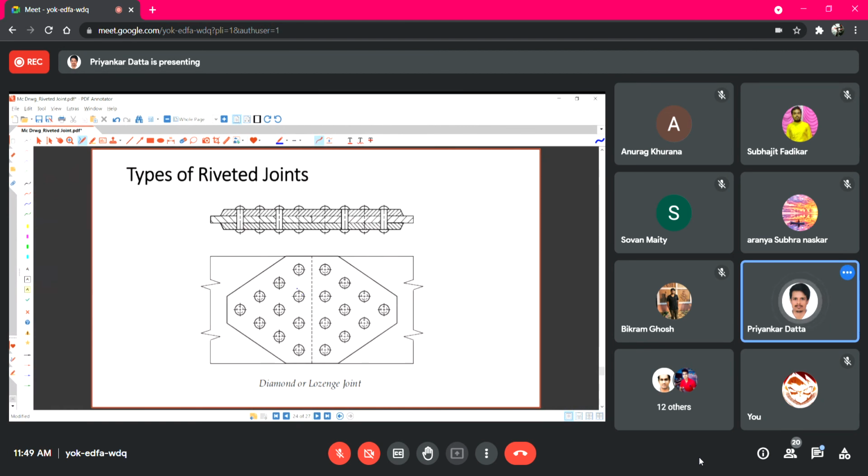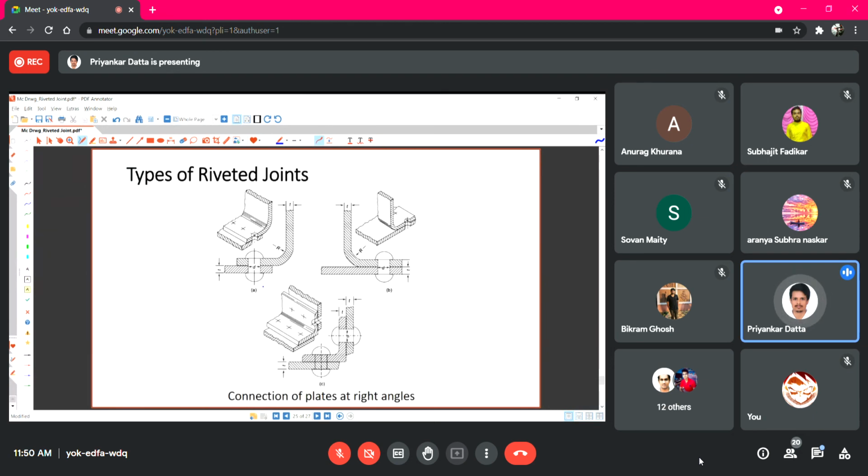So when you learn about the design of riveted joints, you will understand why reducing the number of rivets in the rows behind the front row is not reducing the overall strength of the joint. So the reduction in overall strength of the joint is very negligible, and that is why we can use this to save some weight and cost both. So these are some special types of joints.